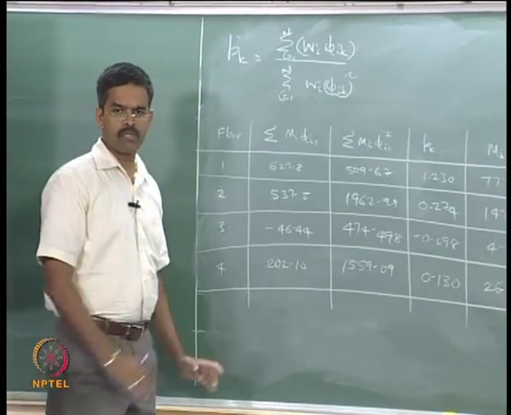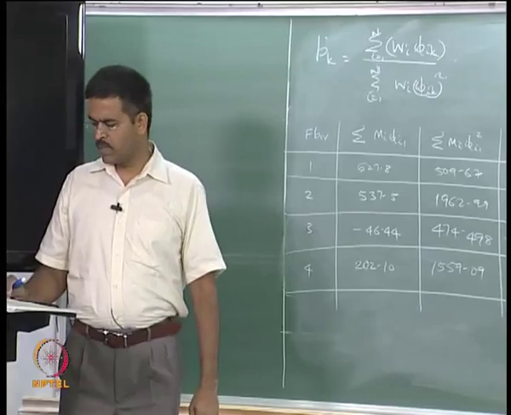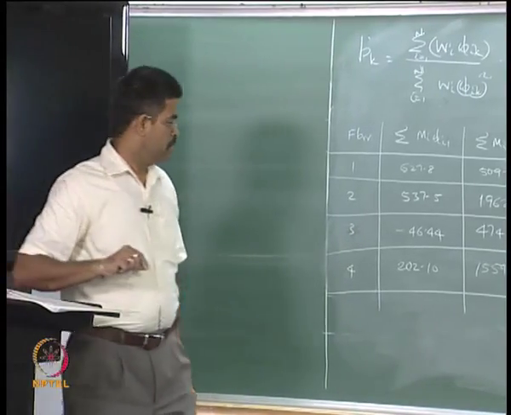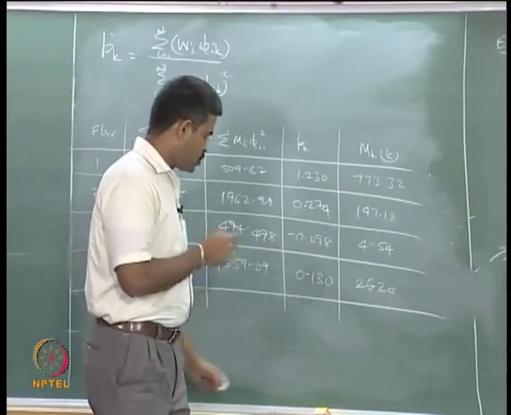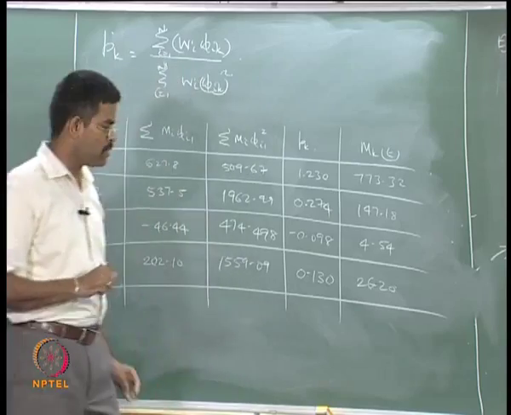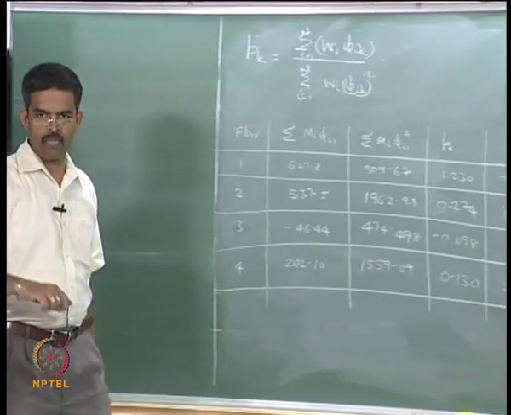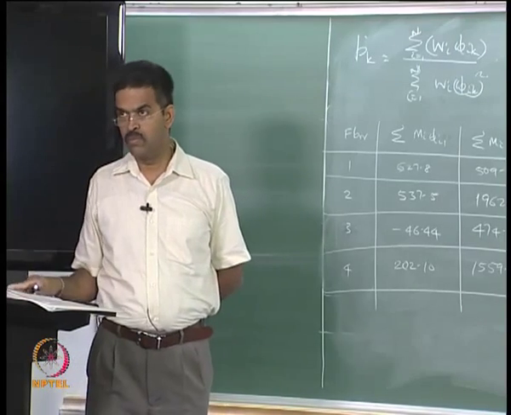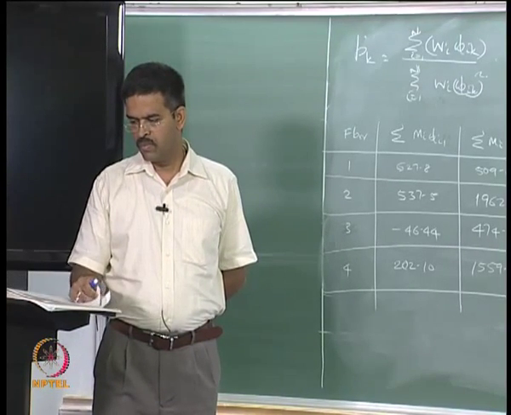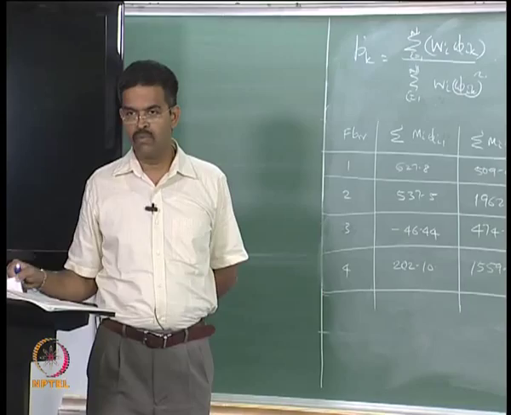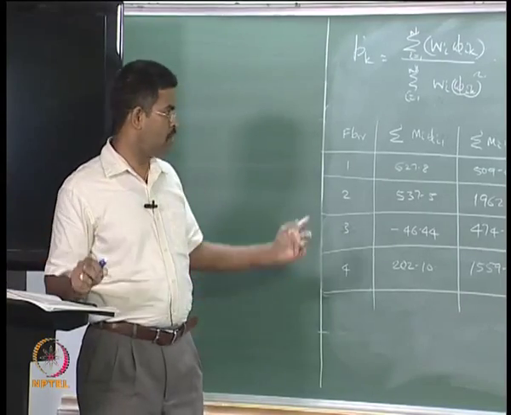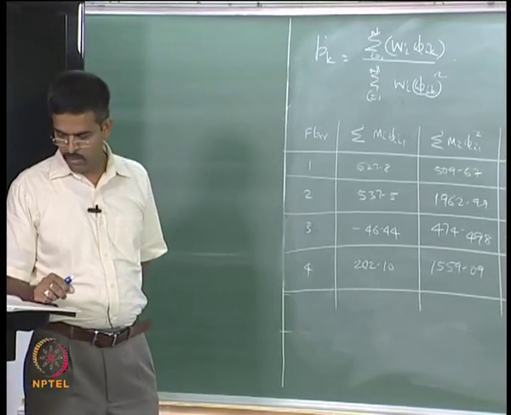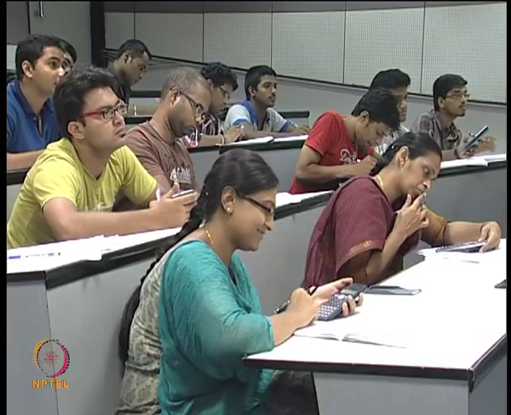So, these are the summary results I have for PKs and MIs. Check at least 1 or 2 rows of this and see whether you are getting the same or am I wrong. You have to be fast. Is the first row all right? Then let us believe all of them are all right.